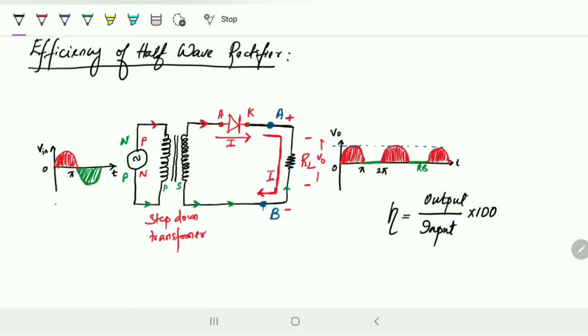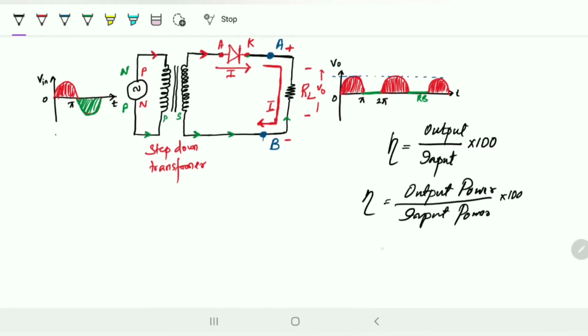So in terms of electrical, whatever circuit you design, not just the rectifier, any circuit you design, if you want to find the efficiency of the system, it is the output power by input power. So in electrical engineering, you determine the efficiency based on the output which is obtained, with respect to the power you have given. So the output power and the input power have to be determined before finding the efficiency, because it is as per the formula.